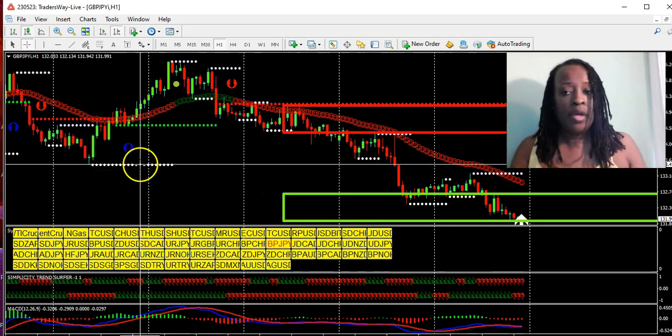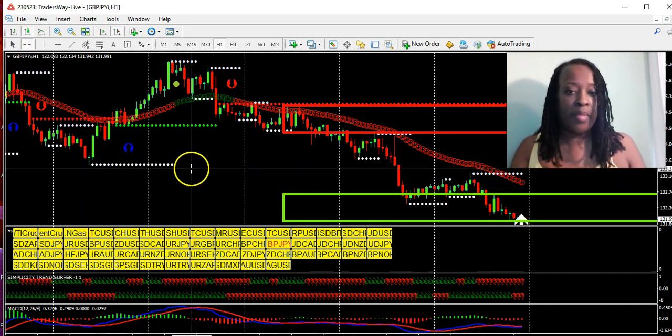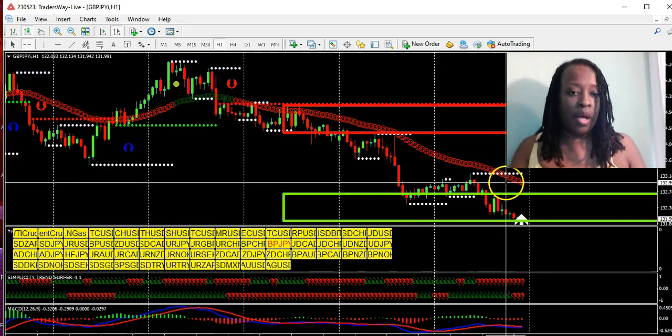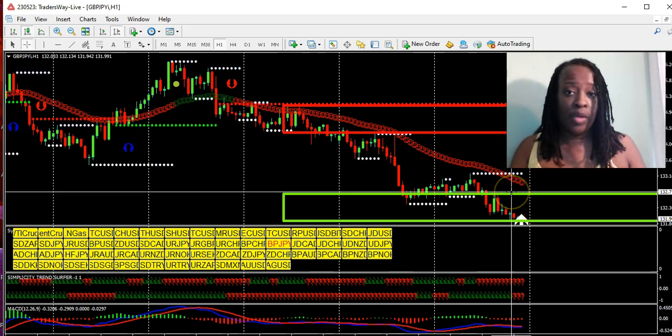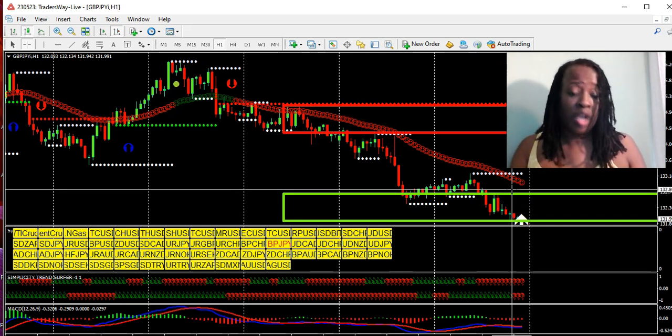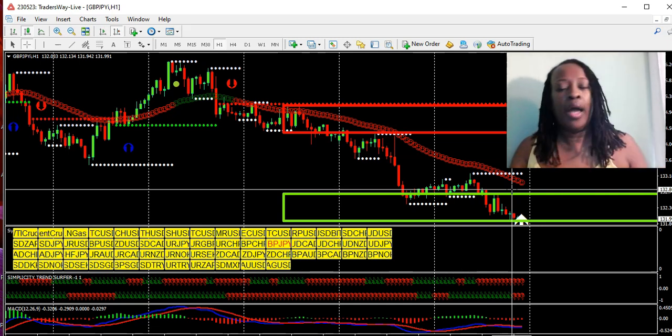Now, if you have the old system, I would recommend that you put your dots on there. But nevertheless, you wait for it to close. You can even put in a pending order at this level. You can even do that. You can put in a buy stop at this level if you wanted to. Or what I recommend is that you put in an alert, because you always want to assess what price is doing, right? You don't want to just jump in blindly. Put the alert in so that you have an opportunity to come back and assess what price is doing,